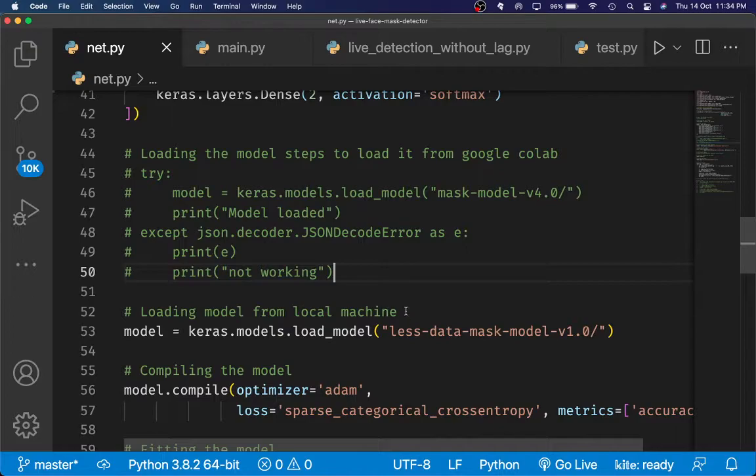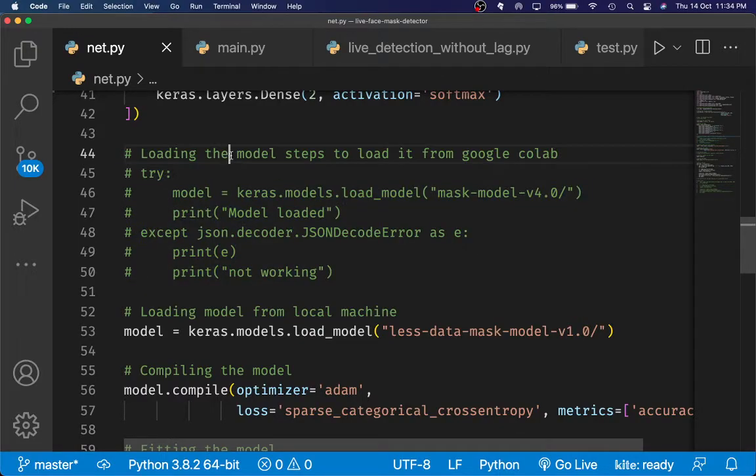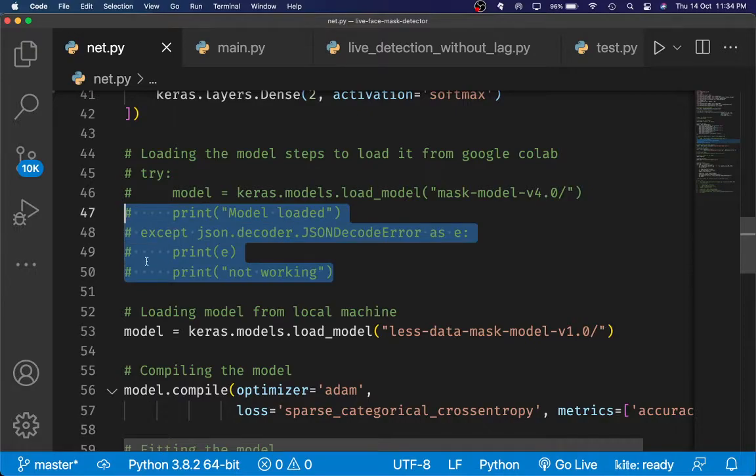That's why you need this try and except block. I literally searched it up on Stack Overflow, and a lot of people were running into the same error that I ran into. So this is the solution to that. But don't use this in the live version. That's the reason why I shortened the dataset, because in the live version this also doesn't work.